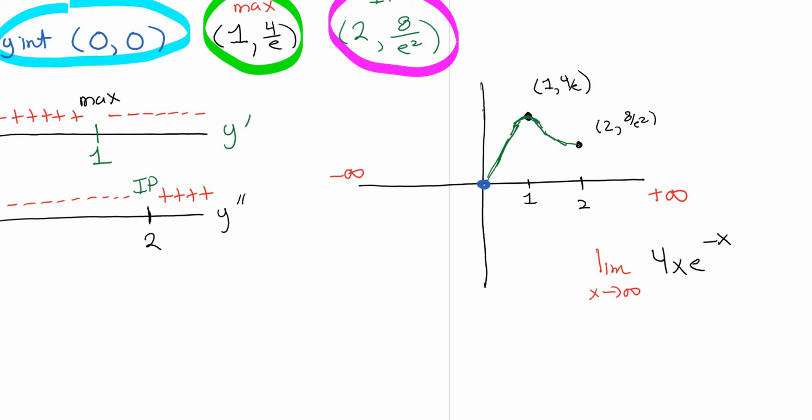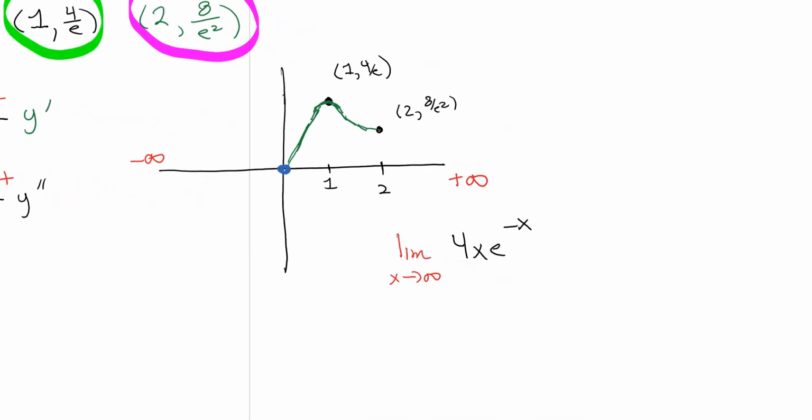Okay, one way you could do a particular problem like this is you can look at the 4x and you can look at the e to the negative x separately. I know if I plug in infinity for here, that's going to give me an infinity result. But what happens if I plug infinity for this graph there? Well, if I take a look at the graph of e to the negative x, this graph isn't too hard to figure out. If you do a light sketch of that particular graph,